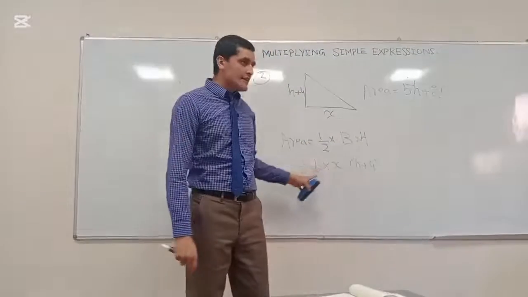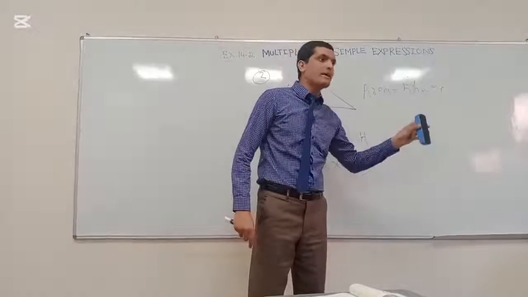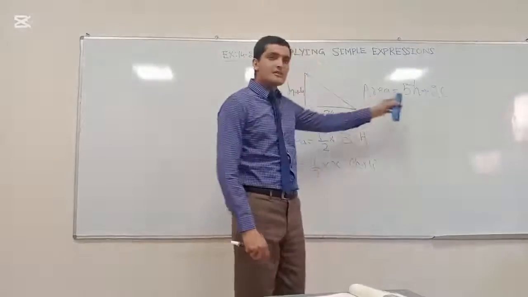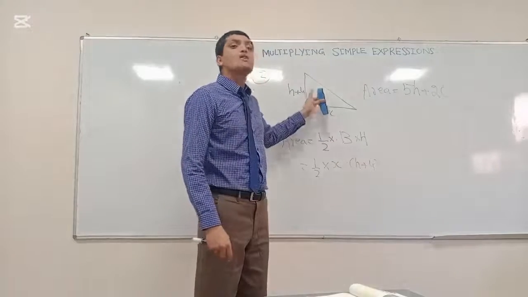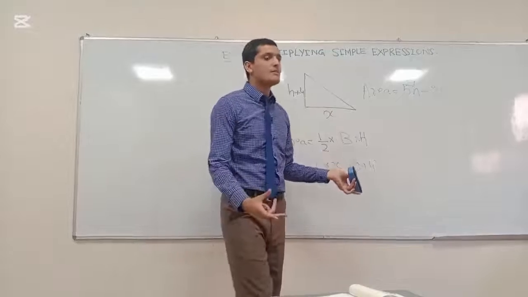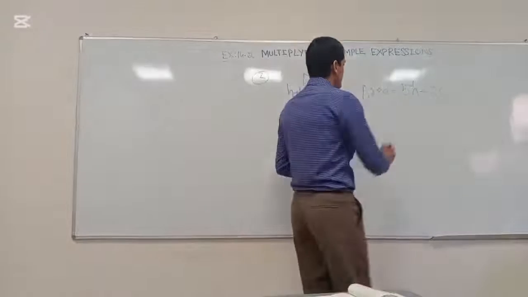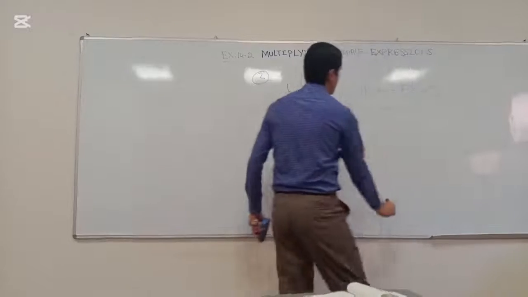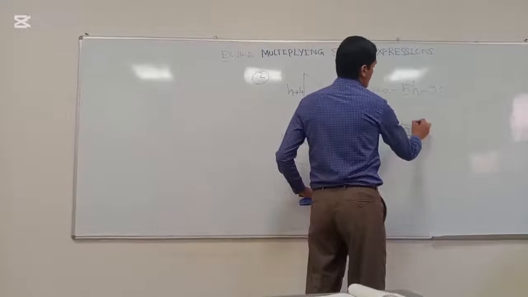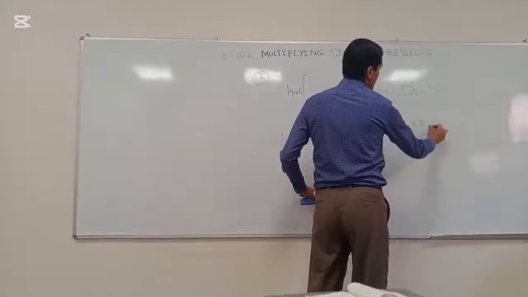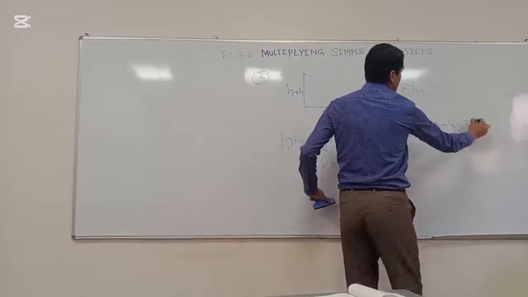Okay, this was the area which we have calculated. This was the area which is already given by the book. This is also the area of this triangle, and this one is also the area of this triangle. So they will be the same, because it is not possible for a shape to have two areas. Okay, so let me equalize it for my solution. So it will become 1 over 2 multiplied by x multiplied by h plus 4 equal to 5h